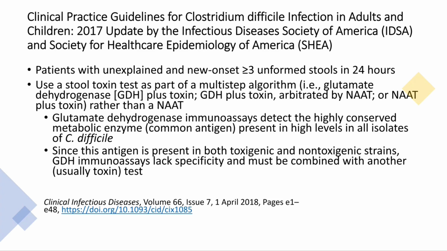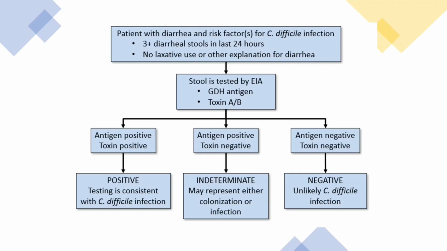So first the GDH is done, and the GDH detects an antigen of C. diff. But that antigen is present in both toxigenic strains of C. diff and non-toxigenic strains of C. diff. So you need a second step to actually see if there's toxin present. So if your GDH and your C. diff toxin are present, then you have a diagnosis of C. diff. And I have a little algorithm here that I found that gives you, first of all, who